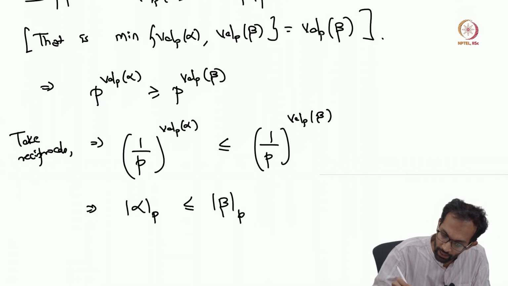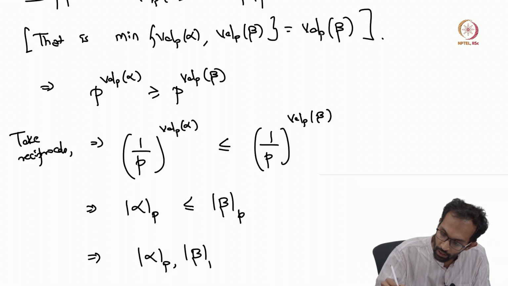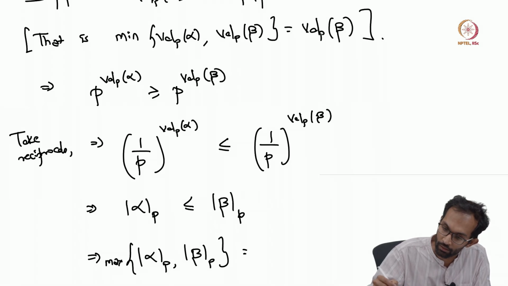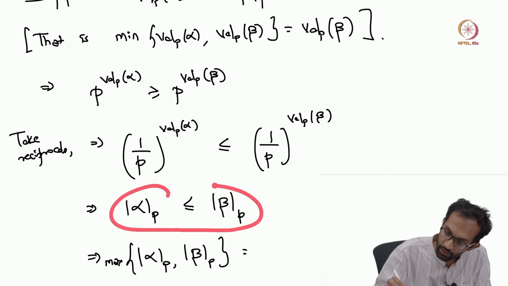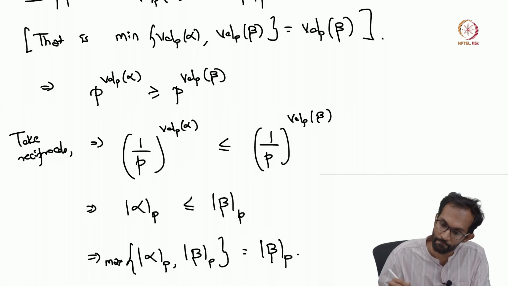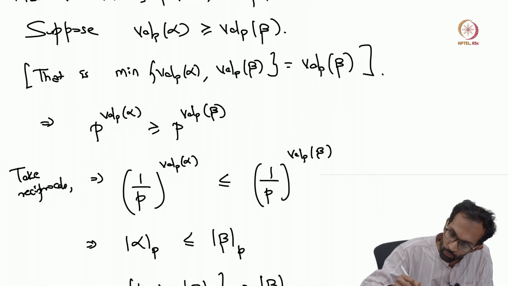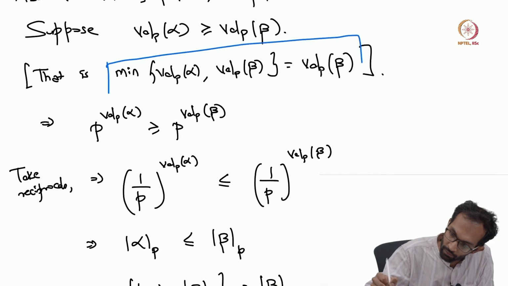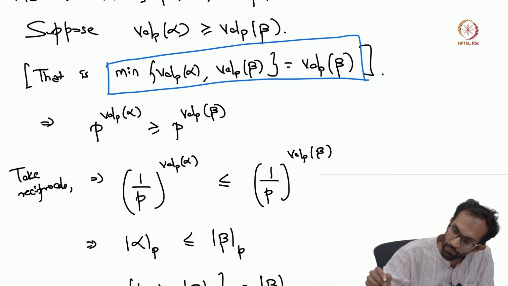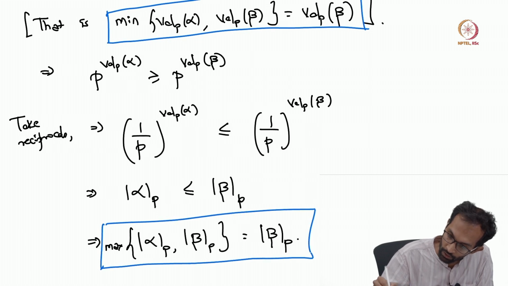And this just means that if you look at the p-adic absolute value of alpha and beta, the maximum, given by this inequality, is just given by the p-adic absolute value of beta. Okay, so we have this one relation involving the p-adic valuation and one relation involving the p-adic absolute value. So if you just compare them,